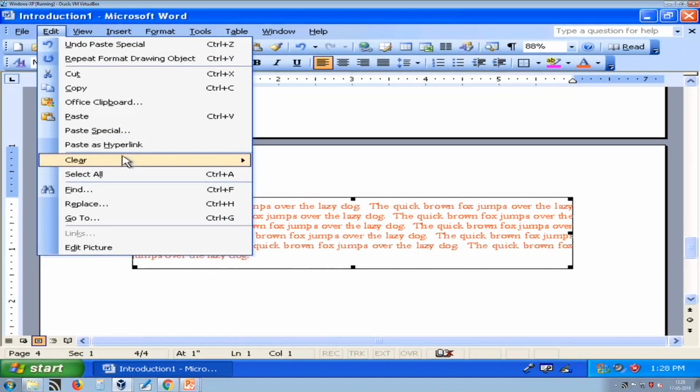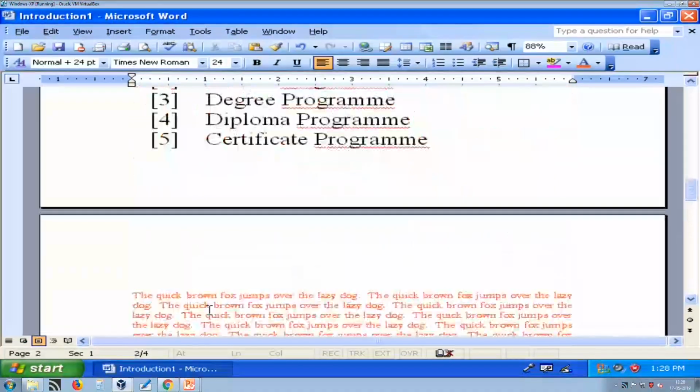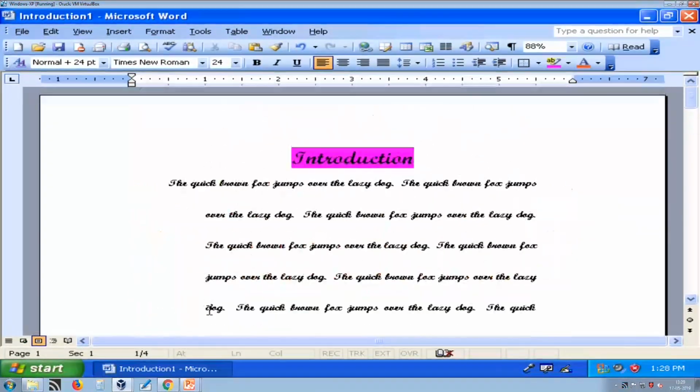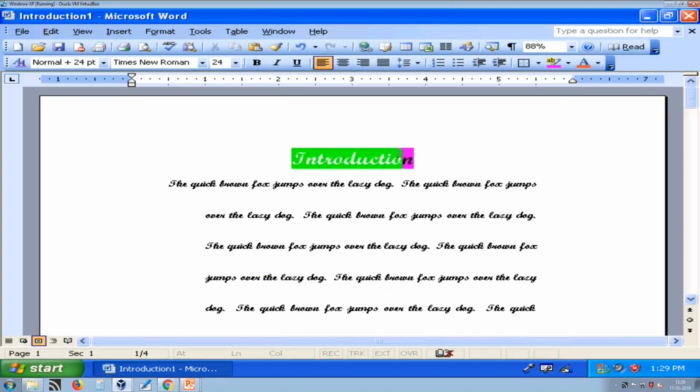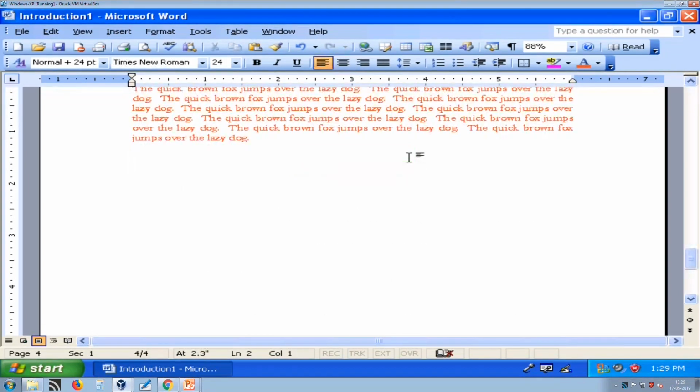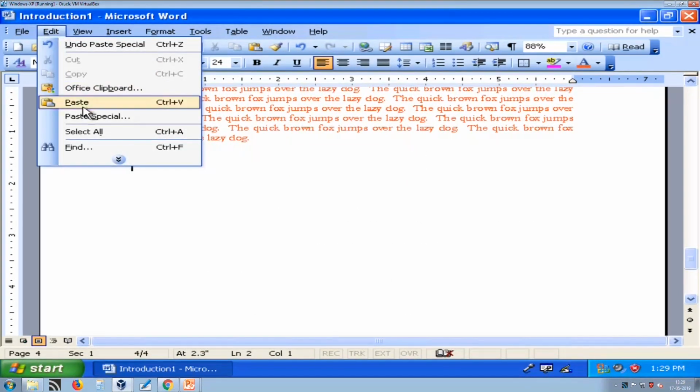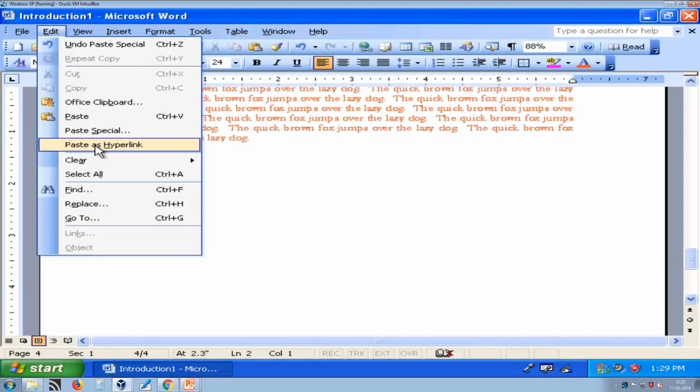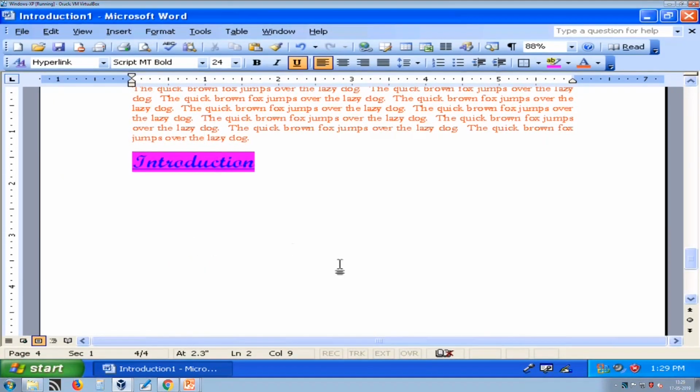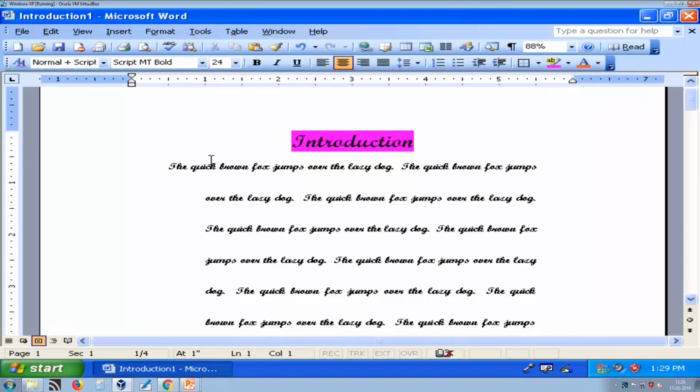Now, if you want to paste as a hyperlink, for example, I want to copy this, and at the end I am giving paste as hyperlink. So, when I press Control and click, it will redirect me to that place.